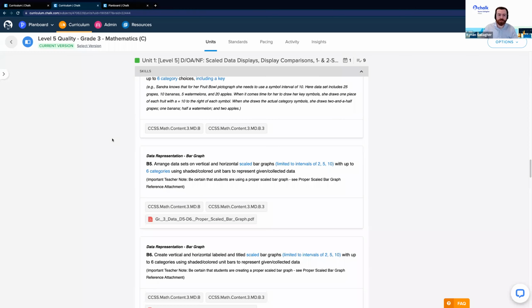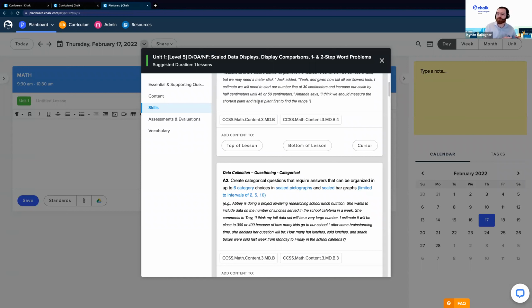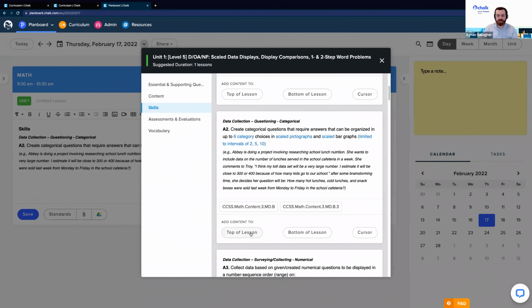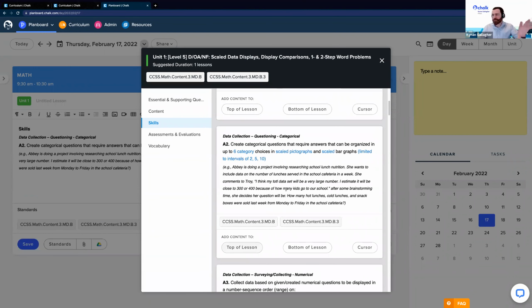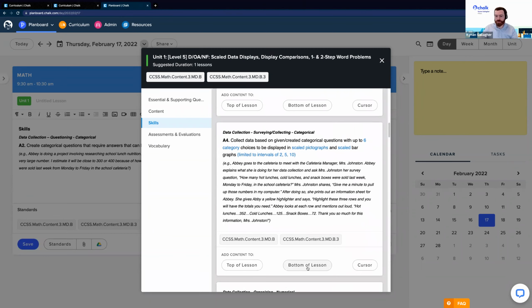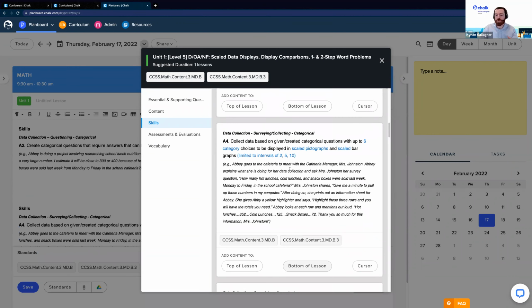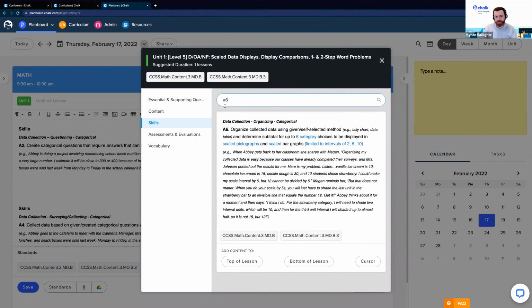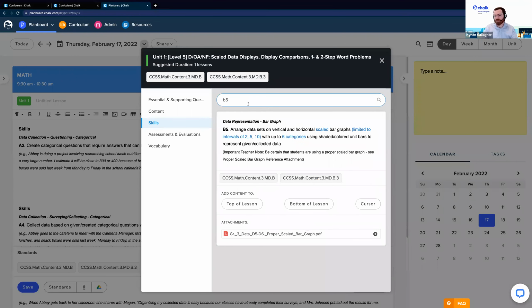And in this environment over here in Planboard, we're now able to take those into our planner and build lessons with these. So if we wanted to go through an example of pulling some of these in, I can add the A2 skill into this lesson, and you might see in the background it's getting dropped in there. If we keep scrolling through here, we can add in the A4 skill. In fact, if we don't want to scroll, we know what we're looking for, we can actually use the search option here. So if I wanted to add A6, I can just type that in. And because we've used those codes in our maps, it makes it really easy to find what you're looking for. We can drop that in, and then we can also do B5 in this case.